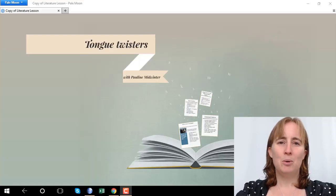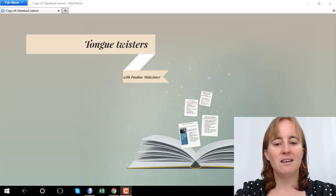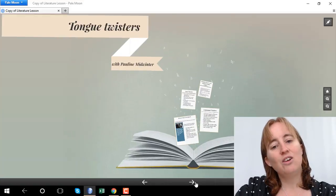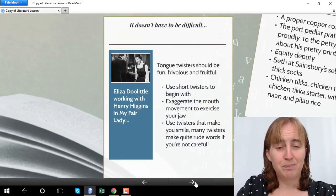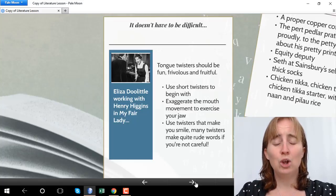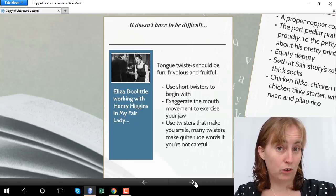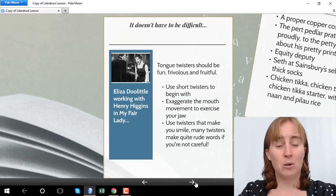The most important thing to remember about tongue twisters is that they should be easy for you to practice. They shouldn't be such an enormous challenge that you don't want to do them. So start off with nice short tongue twisters, and that way you'll be able to practice them without needing a